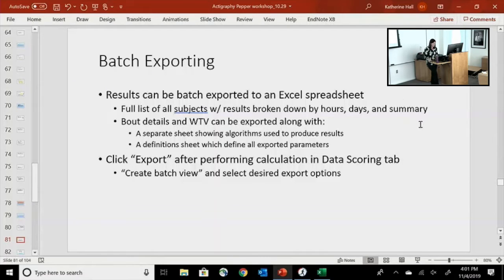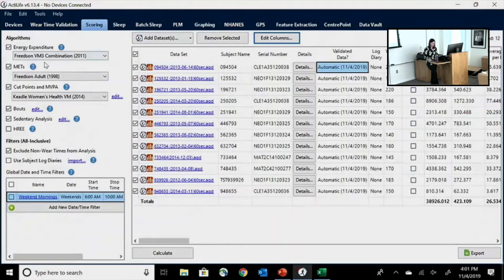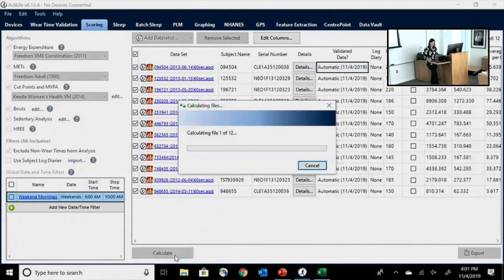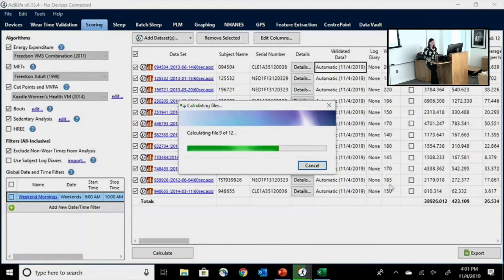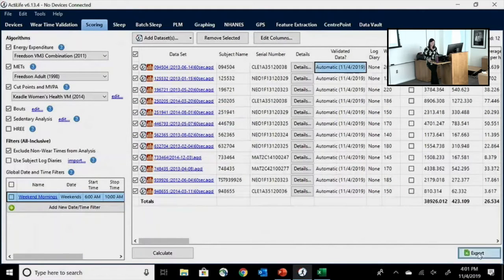So when you export this data, I'd like you guys to all go ahead and do that. So if you haven't done it yet, if you could check all 3 boxes, choose whatever algorithms you want, and go ahead and click Calculate. So I just want to make sure you have a couple columns of data for a couple different files. And if you click Export here,